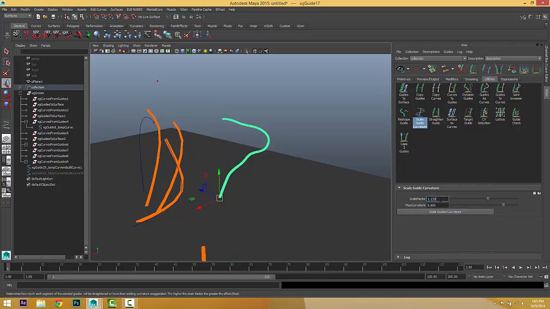As you can see, because of the scale factor, let's just set the scale factor to a low one. As you can see, we'll get less curvature. If you choose it higher, we'll get more curvature. Okay, this is less curvature,